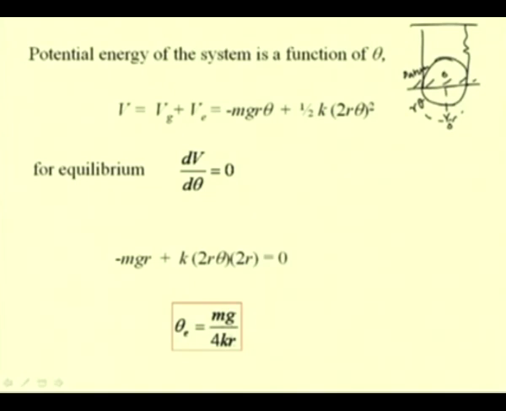So, this example illustrated how we can replace the virtual work equation by the equation that the change in potential energy for the virtual displacement has to be 0, and the problem can be solved for systems where we have only conservative forces. So, let us see one more example on the application of this potential energy method to